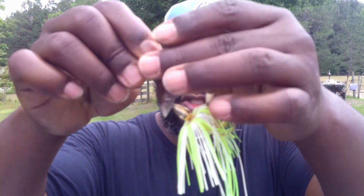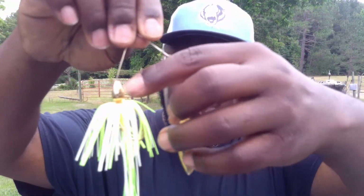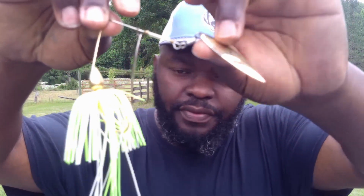My next 2 baits, well, 3, because I did not bring that one. Yes, I did. You got, first, this is the War Eagle spinnerbait. As you can tell, you got the double willow leaf. And then you have